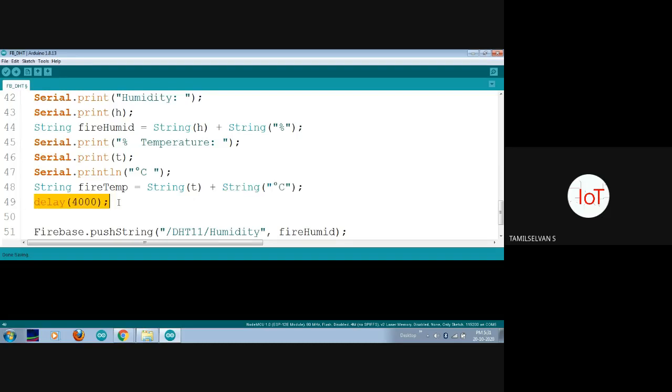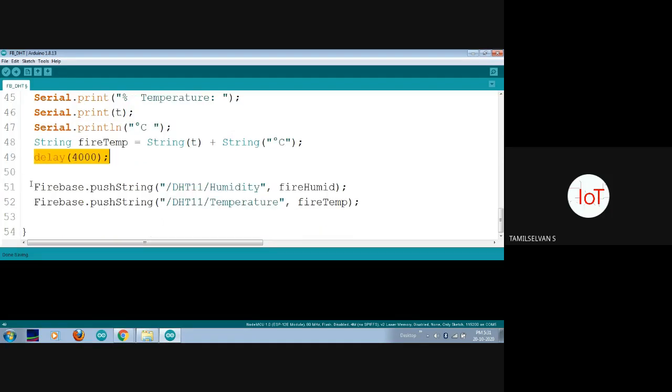And next one, delay. A Firebase account will accept 15 data points per minute, so I'm adding a 4 second delay, okay? And next one is Firebase push string. This is the keyword which will take our Firebase data into the cloud, okay?